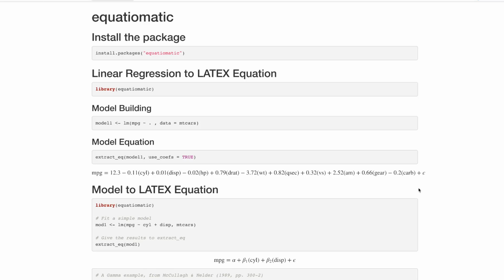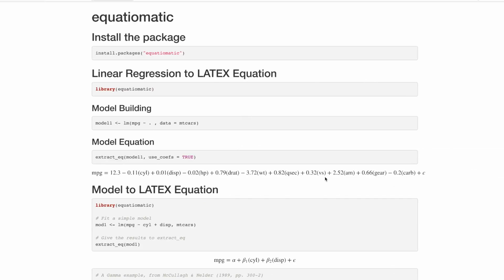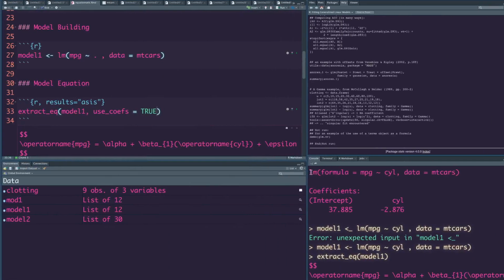So let's say you want to build a linear regression model to predict something, and then sometimes your client must be asking, can I do it in Excel? This is the easiest, simplest, most straightforward way where you can take it and put it in a presentation and create an Excel formula and give it to them, so that they can start using your model right away. So that way this is again helpful even if you're not actually writing a LaTeX equation. Still, it could be helpful in interpreting the model in an easier way.